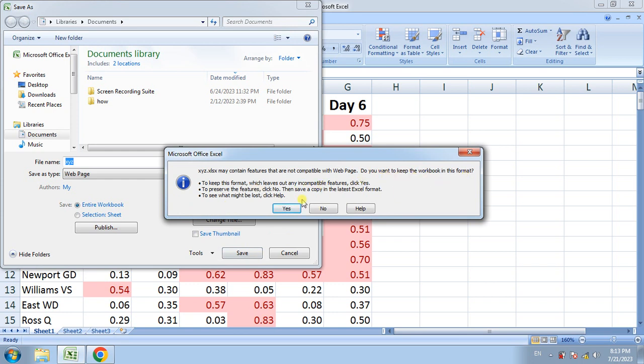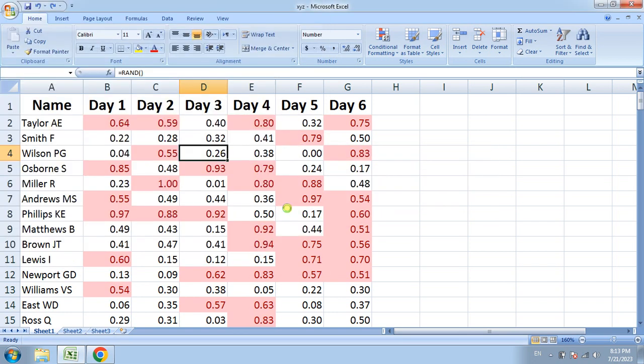Now the sheet is converting on HTML page. So many of features of Excel, like conditional formatting and other options and other features, will be incompatible. So click on yes button. Now the sheet is converted on HTML web page,